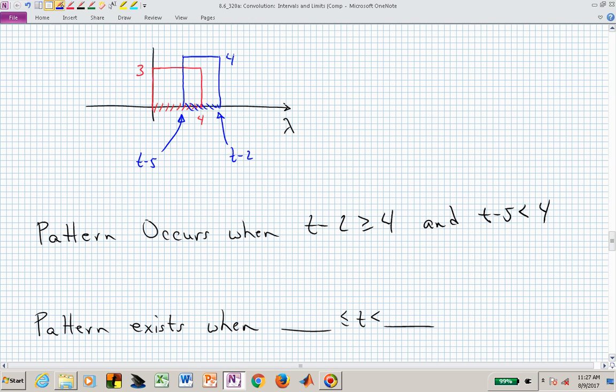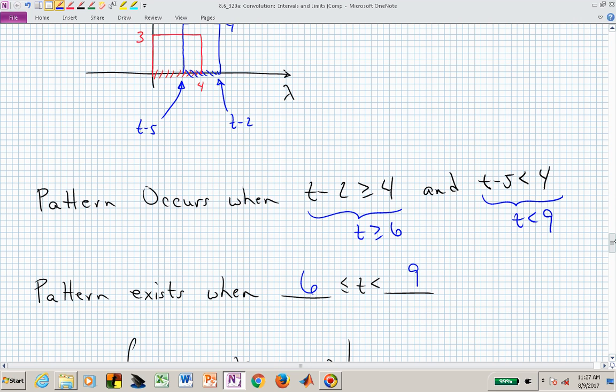So that now, adding 2 to both sides, we need t to be bigger than or equal to 6. Adding 5 to both sides, we need t less than 9. So this pattern is true as long as t lives between 6 and 9,